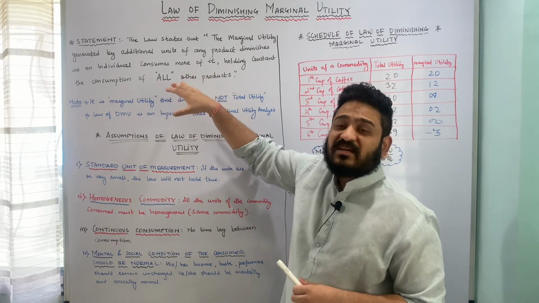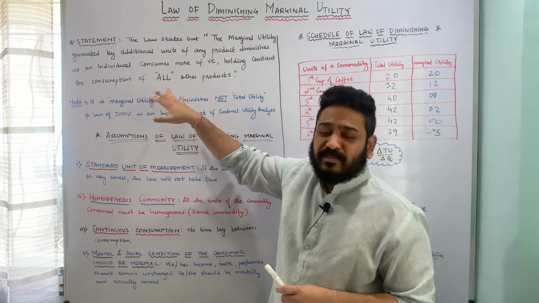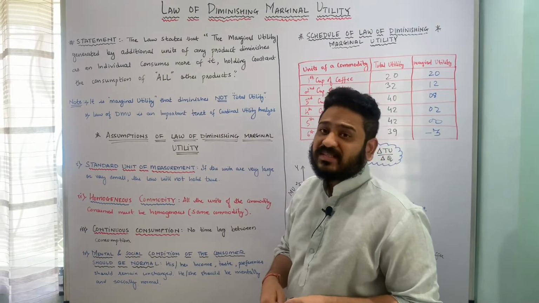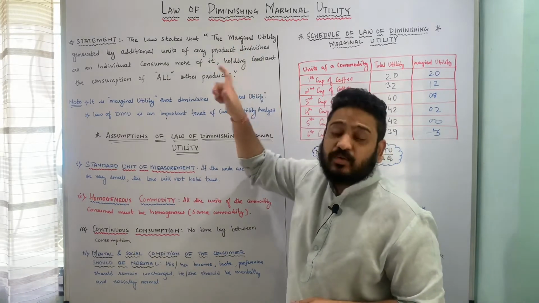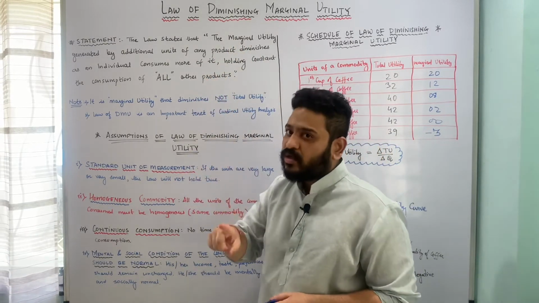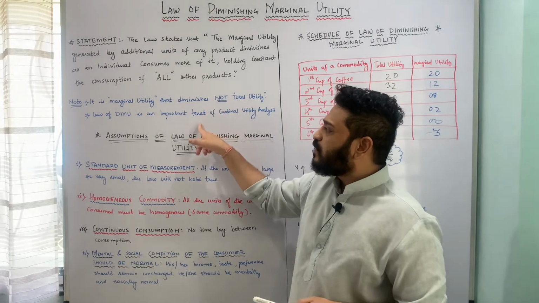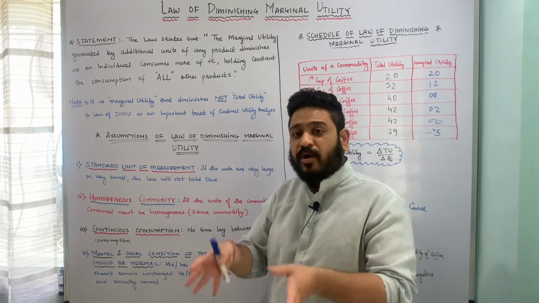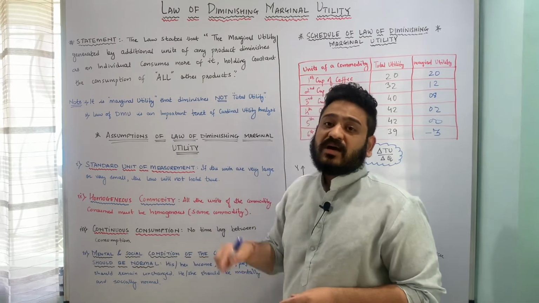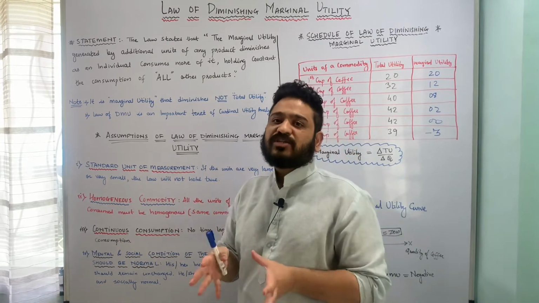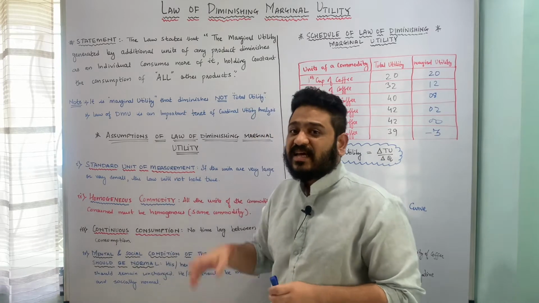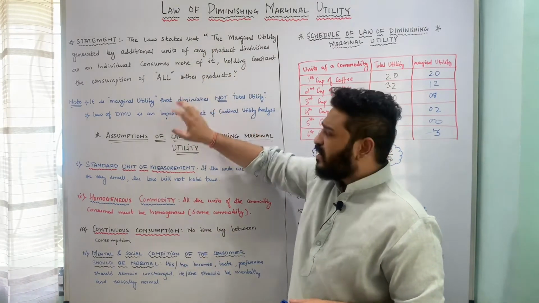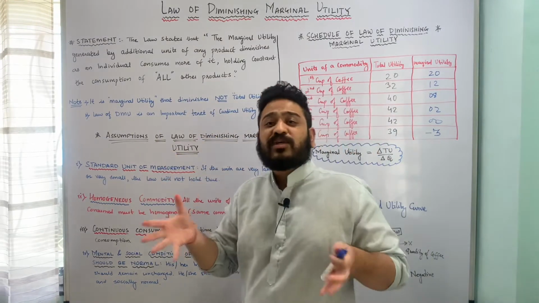So let us look at what the law of diminishing marginal utility is based on, or what the assumptions of the law are. One important note we have to take into account is that it is the marginal utility which is diminishing, not the total utility. The second point is that this law is an important tenet on which the cardinal utility analysis, or Marshallian cardinal utility analysis, depends. Therefore, this law is of immense importance to us. Let us now move to the assumptions on which the law is based.